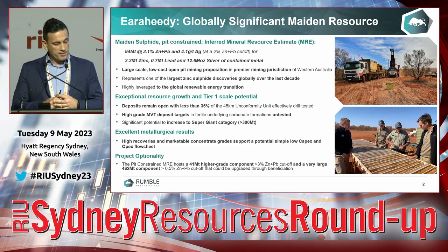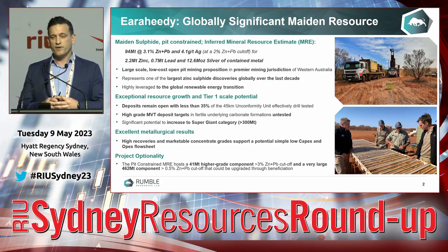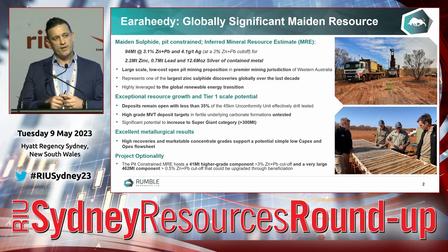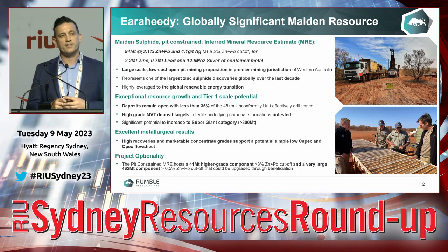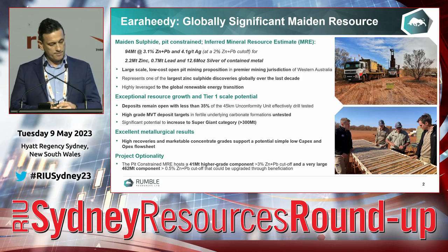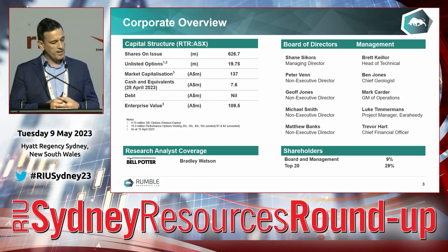And late last year, we put out our excellent metallurgical results, where we had high recoveries and marketable concentrate grades, which support a potential low capex and opex environment. And it also has great optionality. So whilst we have the 94 million tonnes at 3%, we also have a higher grade, lower tonnage scenario. We've also got a significantly higher grade 460 million tonne resource that could be beneficiated and upgraded, which we'll touch on as we progress. This is just a bit of a corporate snapshot at the moment, circa 140 million market